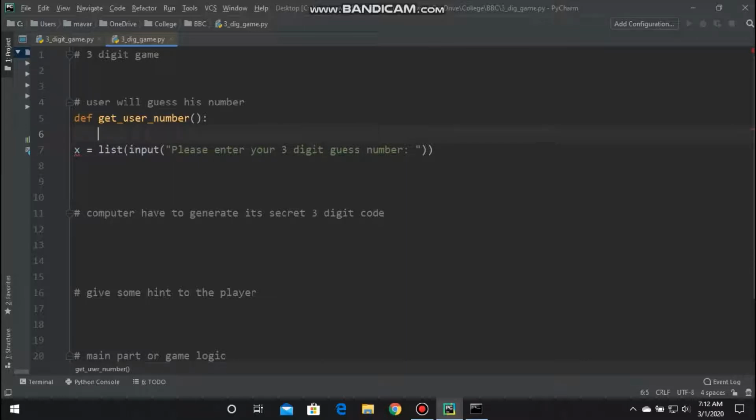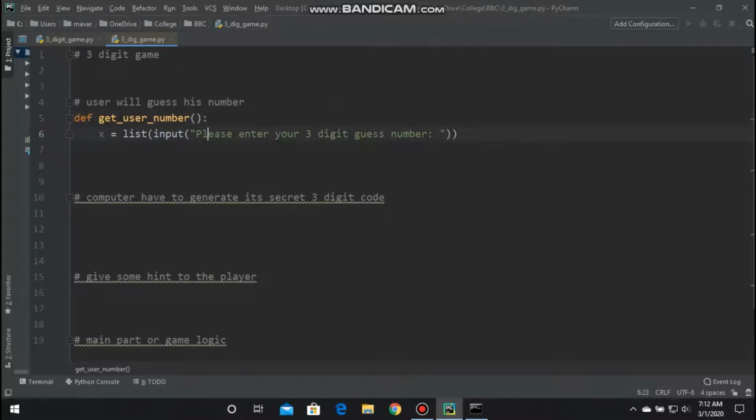So whatever code you have, keep it inside, just select this and hit the tab button. You can see it's inside the function, and you can delete this line. And I don't want to store the value here, I want this function to return the value, so I will type return. So what is basically happening here, I just created a function which will give the value that users